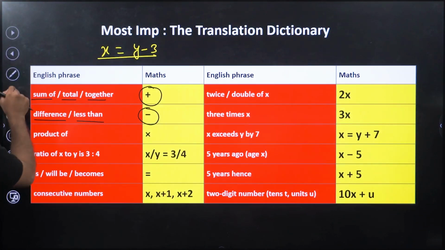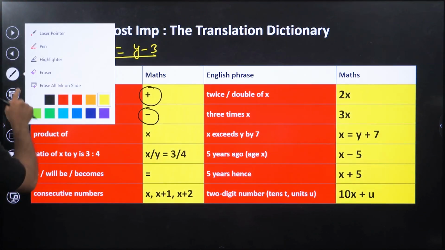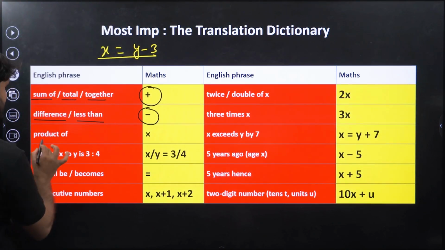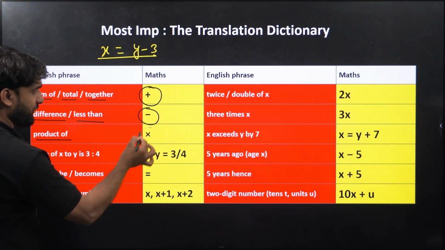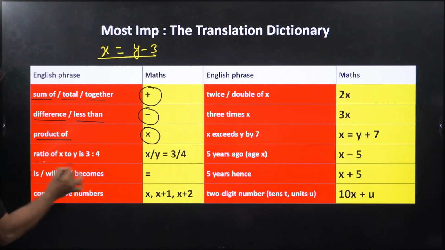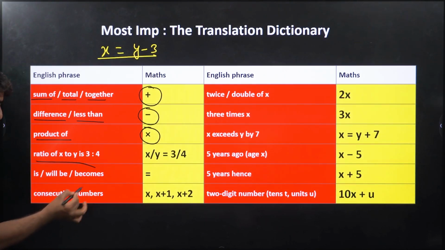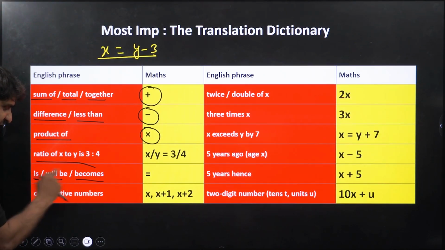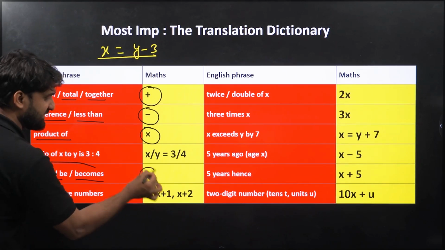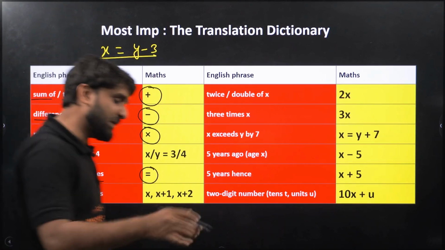Right, everyone? Similarly here, if the word is product of, then for product we use the multiplication sign. Ratio of X and Y, so X by Y is equal to 3 by 4. "Is", "will be", "becomes": if any one of these words is there in a question, always use the equal sign. For example,